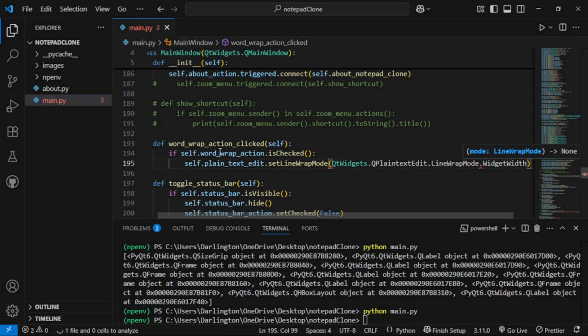All right, and we'll save it. So this is supposed to be in capital letter, PlainTextEdit. Okay, so we'll save it, and then